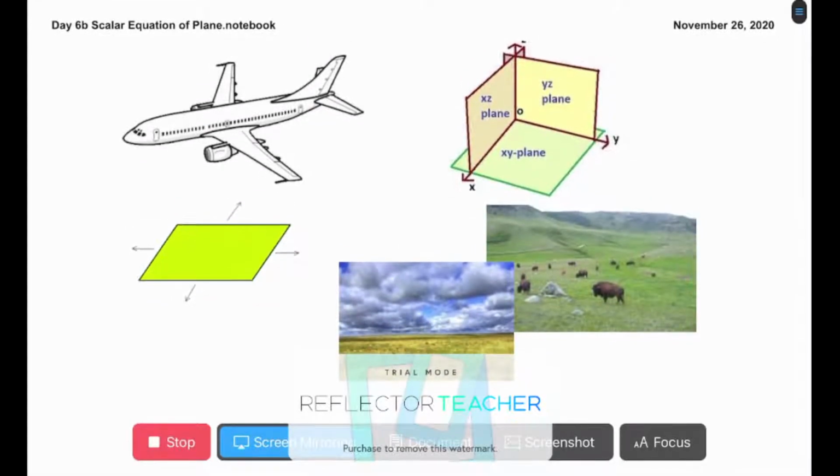Let's talk about the scalar equation of planes. And before we get into that, let's just talk about some background knowledge for a moment here. So we have the word that we're using a lot, plane. And plane can be used to describe something like an airplane, or it can be used to describe our flat